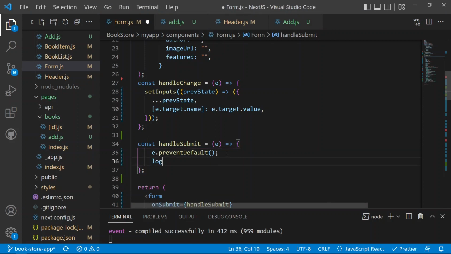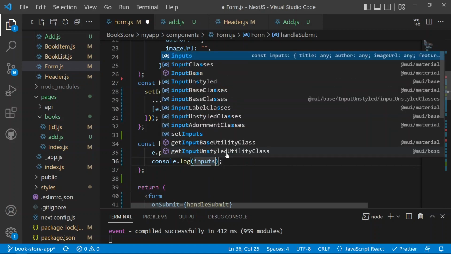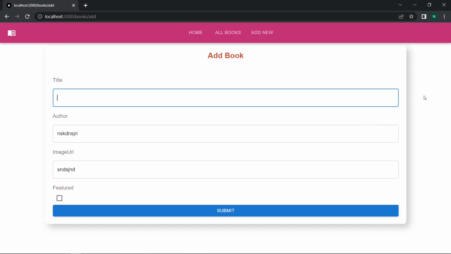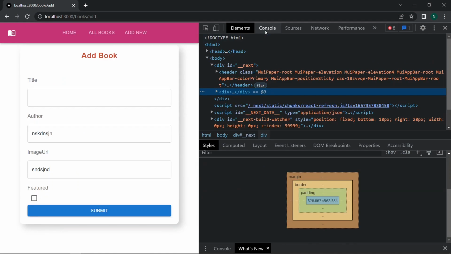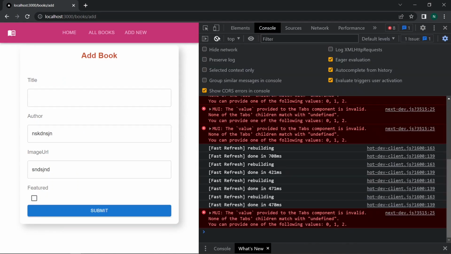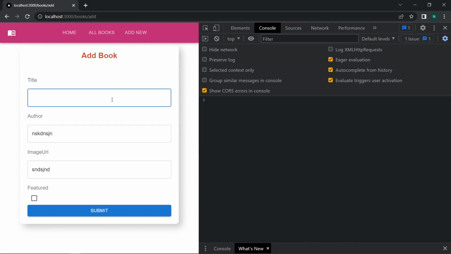And after that we can just log the values of the inputs. So if we now save and move on to inspect and into the console window, you will see what happens once we enter anything inside the form. We can have the title as the new book, the author as Nikhil, anything as the image URL, the HTTP, and then featured. So if we now click on submit,